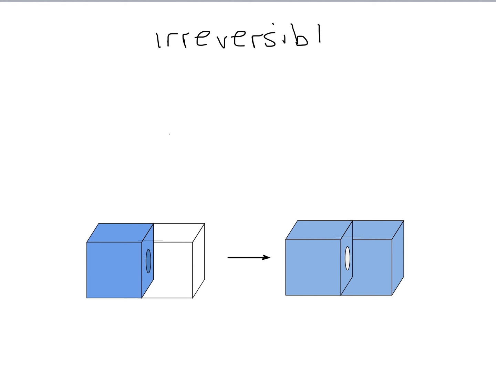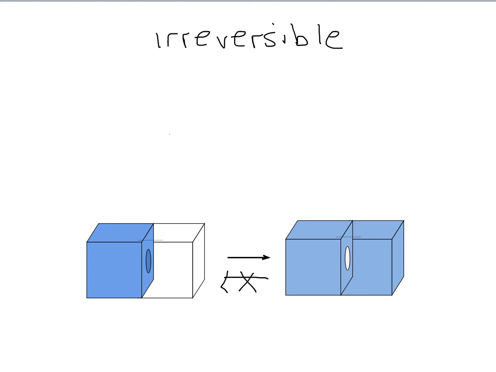To illustrate this process, I have my gas contained in one half of a big rectangular container, and I've got a little hole that I can open up that will allow the gas to move from one half of the container to the other half. So I'm going to expand the gas, but I'm going to let it expand freely into the empty half of the container. If you think about doing that, and then you imagine how would I get back to the initial state,